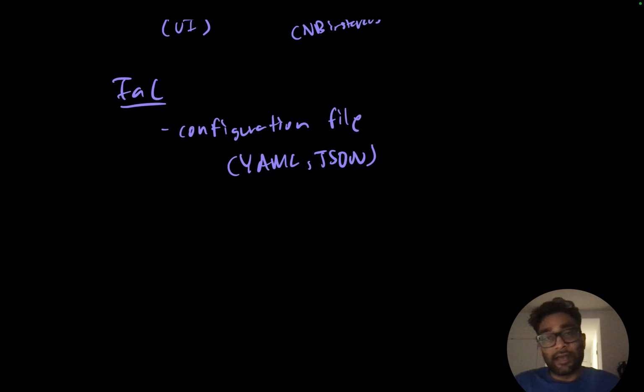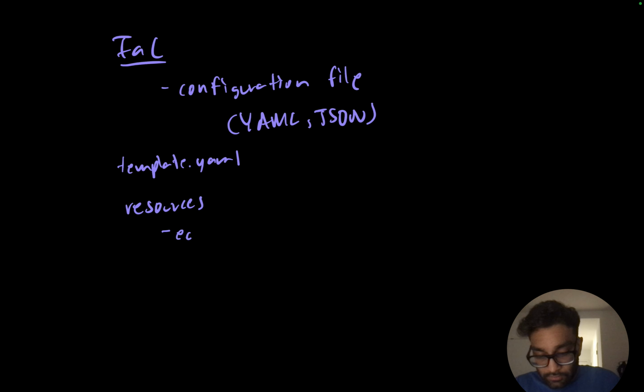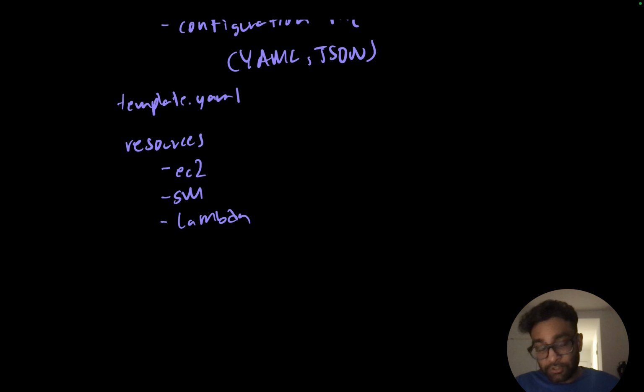So rather than having things split across UI or different development environments, you might have a singular template.yaml, and within that, you might have your different resources defined. And within here, you might have EC2, SageMaker, Lambda, obviously simplifying this a lot, but essentially we'll have this single source of truth or template file where people can provision or say these are the resources